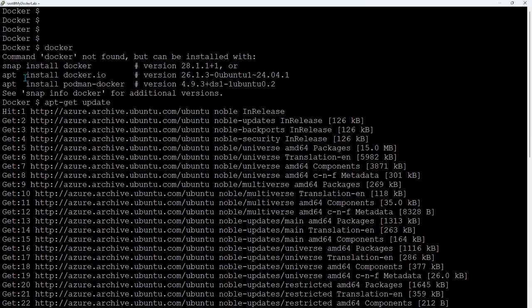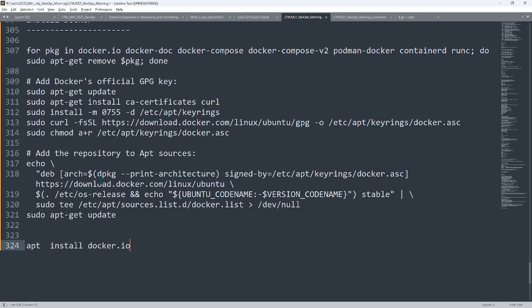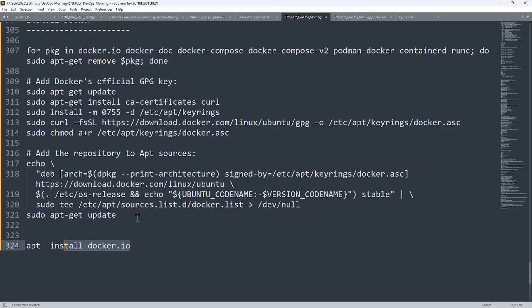Second command, you just need to copy this command, just one single command. I mean, you may ask, what is the point? This is one of the ways to install Docker. This is another way. Is this good? Is this bad? It's not like good, bad, or ugly always, because it's a lab. If I have to install for any of my customers, they will tell me how to install Docker, because they have their own repository. They will say you need to use this particular version of Docker. So you have to be a little flexible.